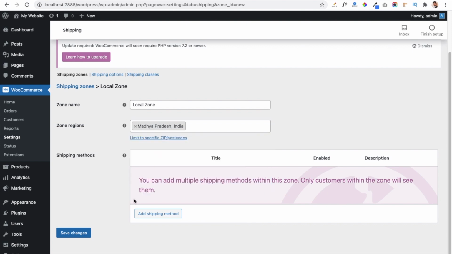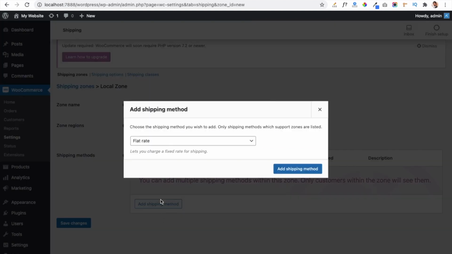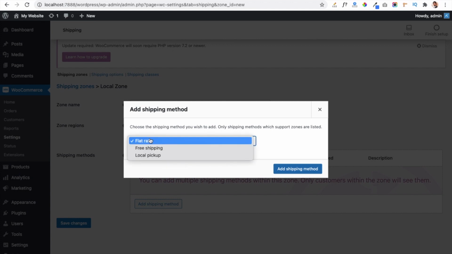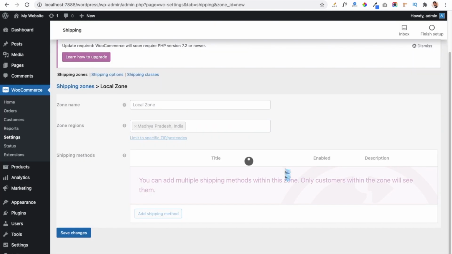Now in shipping method we have to add some shipping methods, so you have to click on the add shipping method button, and then it will open an option where we can either create a flat rate option, or we can give some different criteria for our products. Suppose if your product is more than $10, so you can give your product as a free shipping, and if your product has a price of less than $10, then you can give the shipping cost for your customers. So first of all, I am just selecting the flat rate option, and then we are going to click on the add shipping method button.